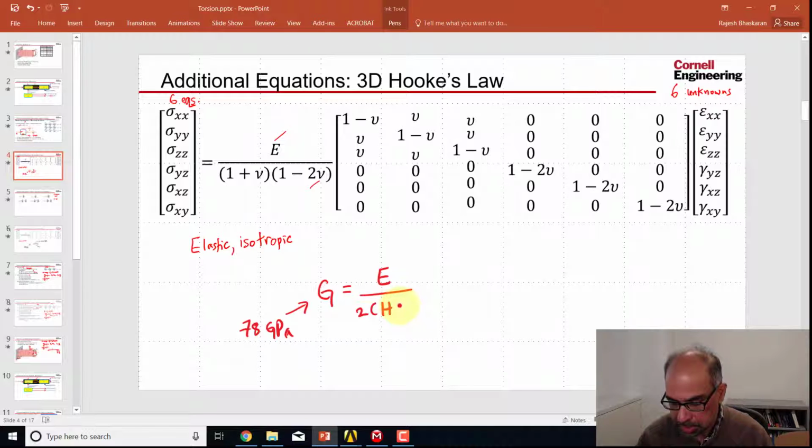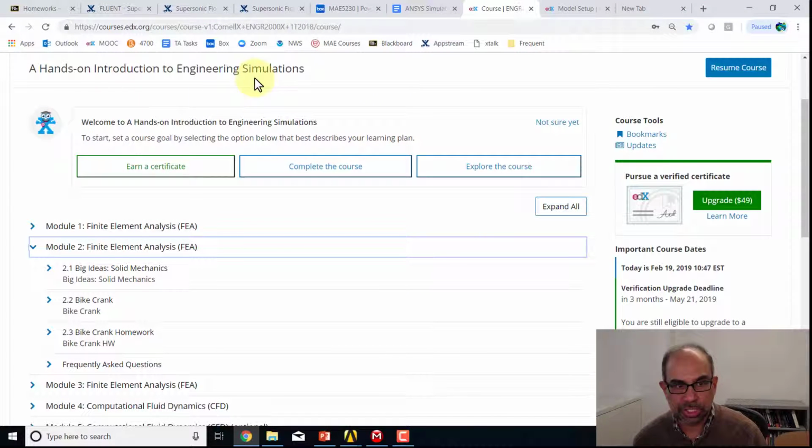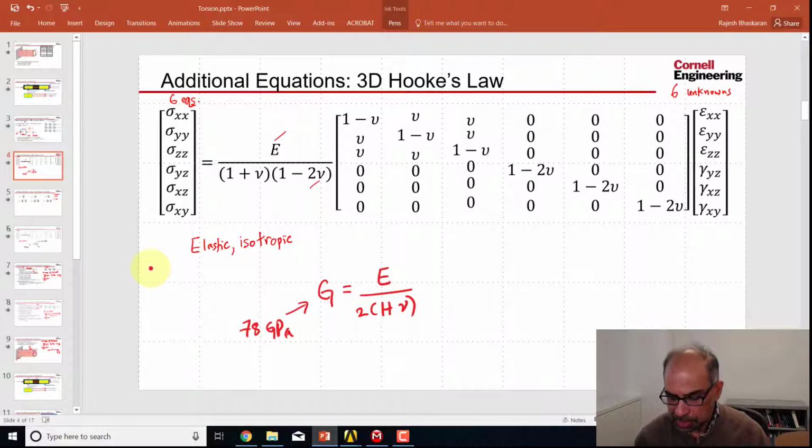And if you have not seen this before, you can go to my course on edX, Hands-on Introduction to Engineering Simulations, and look at the Big Ideas, Section 2.1, Big Ideas in Solid Mechanics. Okay, and we will specify nu to be 0.3, which is a common value for the Poisson's ratio, and then we can calculate what E is, and it comes out to be 202.8